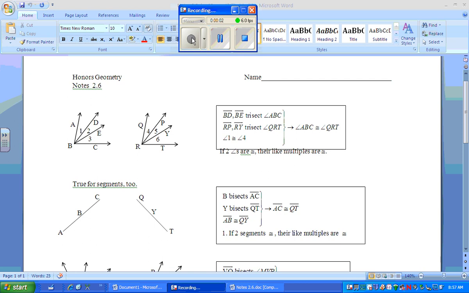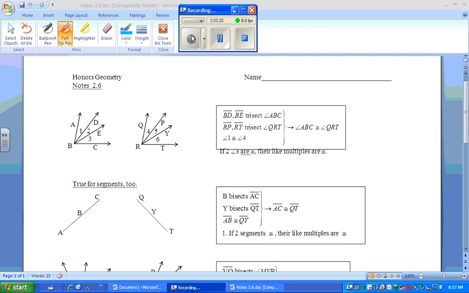Today's lesson is 2.6, multiplying and dividing properties for proofs. Let's take a look at the theorems that we have. In our first box here,